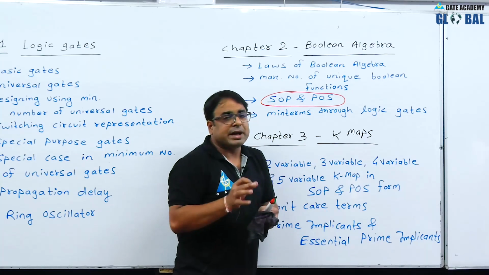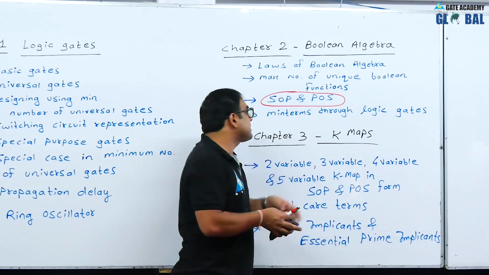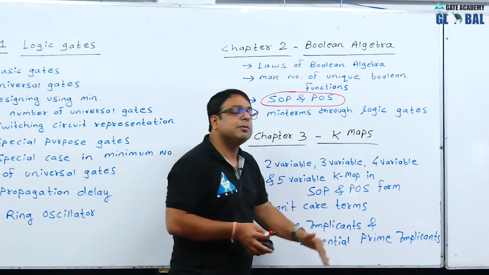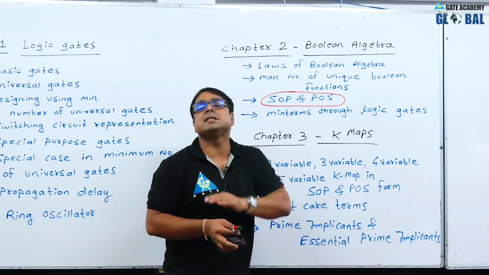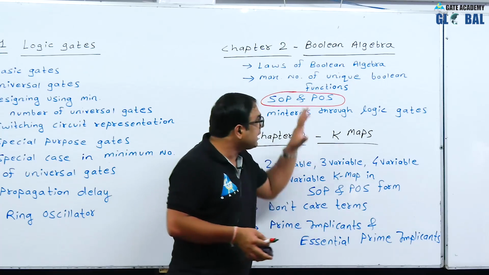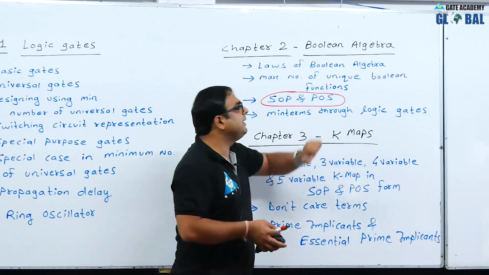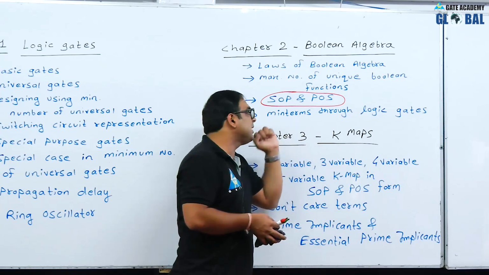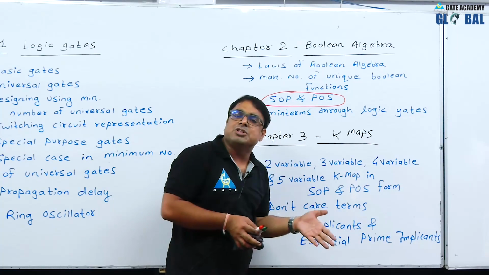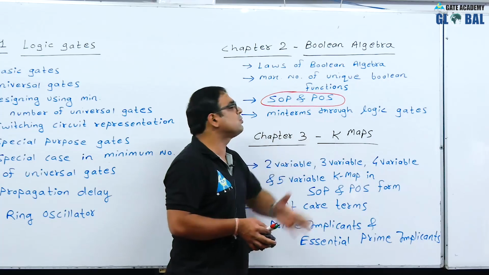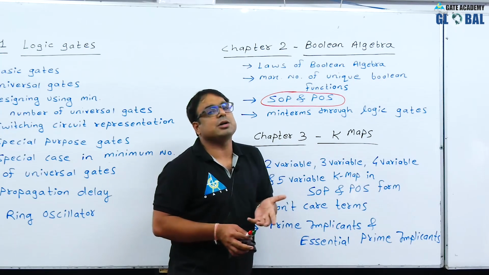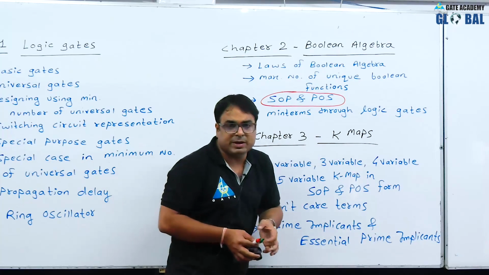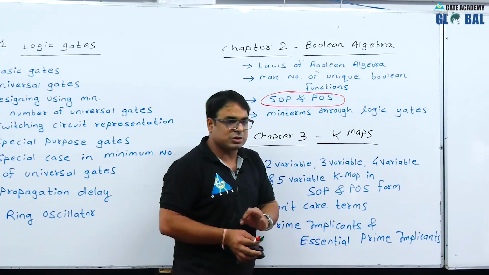Then this is the most important part of complete digital electronics, you can say, that is the SOP and POS. So in very detail we will be discussing SOP and POS, as from this point this will be used till the end of the sequential circuit. In whatever Boolean algebra we are solving, we will need SOP and POS. In any combinational circuit we are studying, we will be using SOP and POS. In all the sequential circuit topics, we will be discussing SOP and POS. You can say this is the heart of your digital electronics. You should be very good in SOP and POS with 0% of confusion.